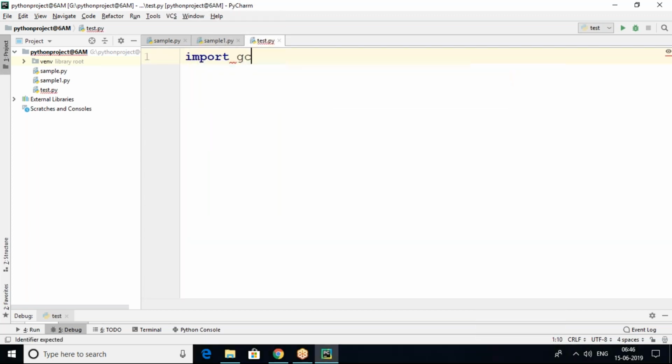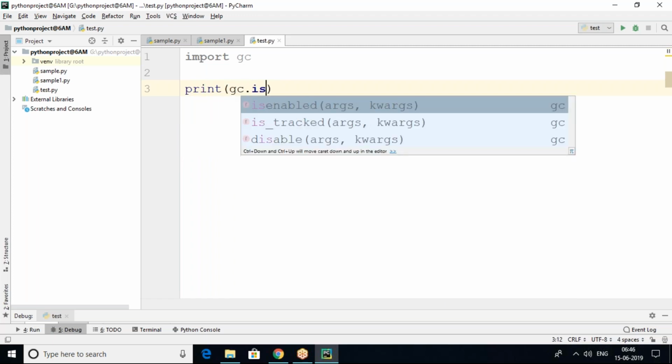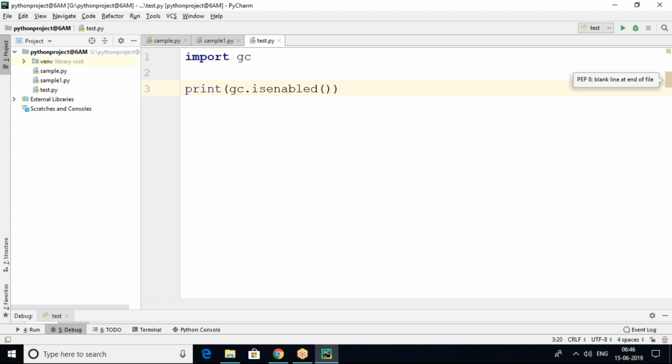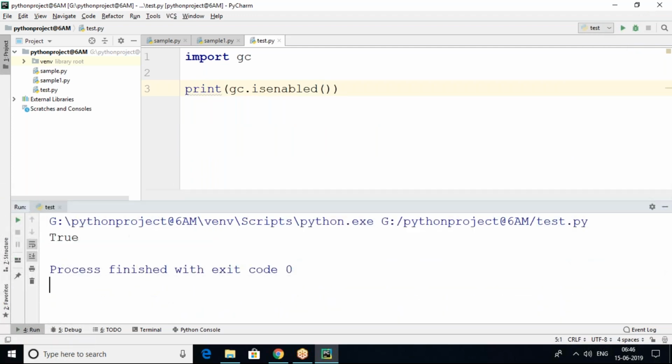As I said, the garbage collector is enabled by default in Python. So we can check whether it is enabled or disabled by using the isenabled method. Let's print gc.isenabled(). It returns True because by default it is enabled.